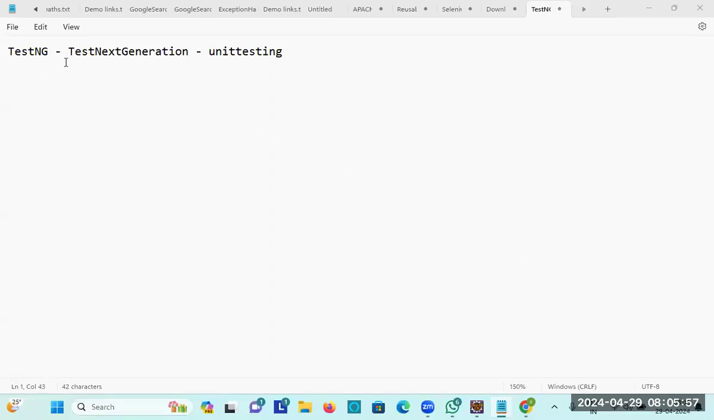So TestNG is mainly for Test Next Generation, and it is a unit testing framework. Even developers can utilize this for executing unit tests on the application before deploying into the QA environment. They will perform one round of unit testing, because the QA team can also accept only the unit tested results, so that they may not face any challenges when they start